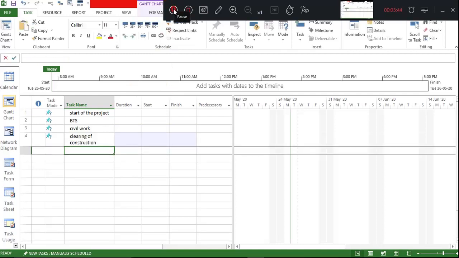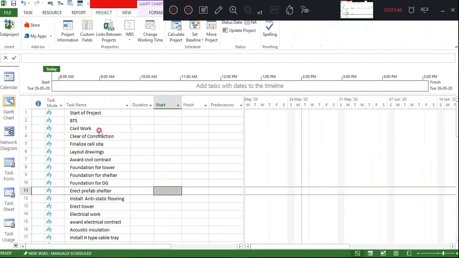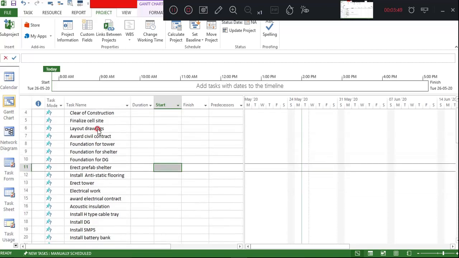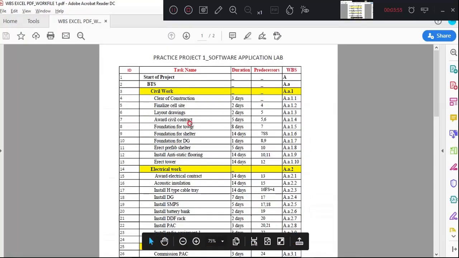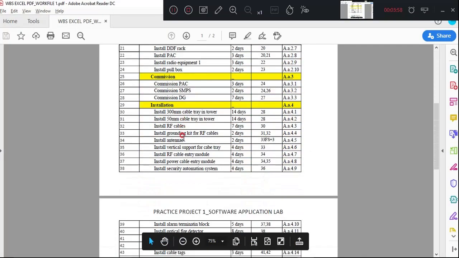We'll proceed. You can see here, as per the example in the PDF I have created, I have input all the activity names.